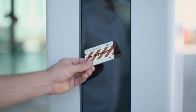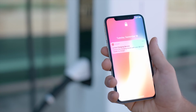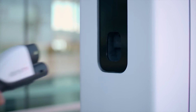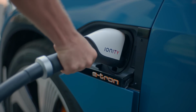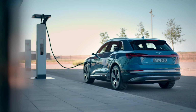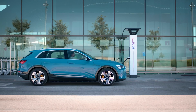To fully charge the e-tron's 90 kWh battery using a standard 11 kW charger takes around 8.5 hours. But you can cut this time in half by using the optional 22 kilowatt charging unit. However, the fastest way to top up the e-tron's batteries is to use a 150 kilowatt public fast charging point. One of these will boost the battery charge by as much as 80% in just half an hour. Sadly though, a decent network of 150 kilowatt chargers in the UK